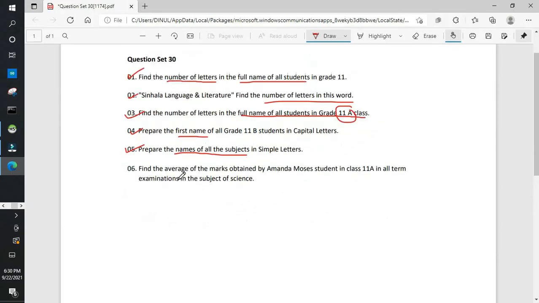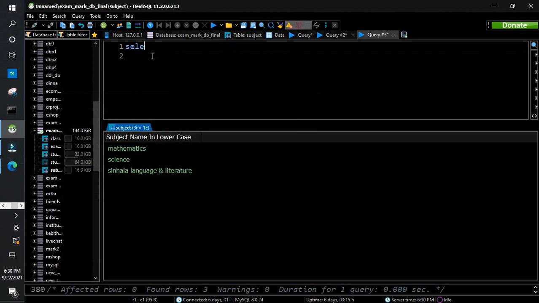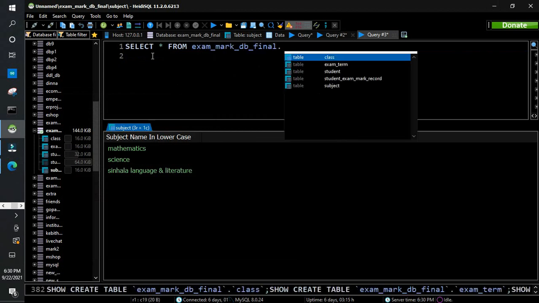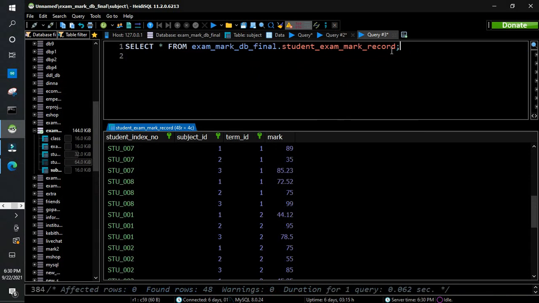So the last question they are asking: find the average of the marks obtained by Amanda Moses, student in 11A, in all term examinations. That means we don't have to specify the term in the subject of science. Okay. So as usual, we have done these types of questions many times in our previous questions. So select all from the database dot the marks table. We have all the marks in this table,